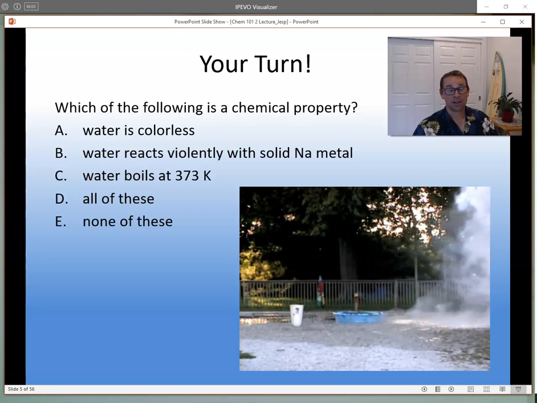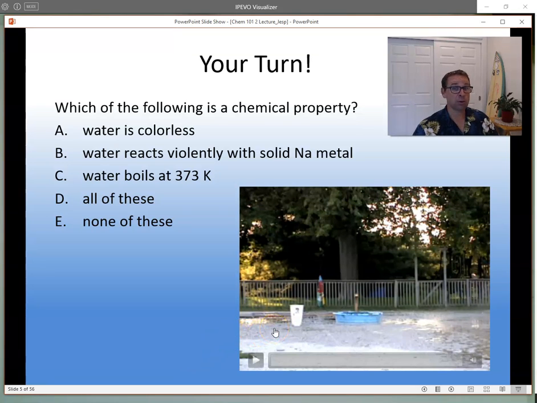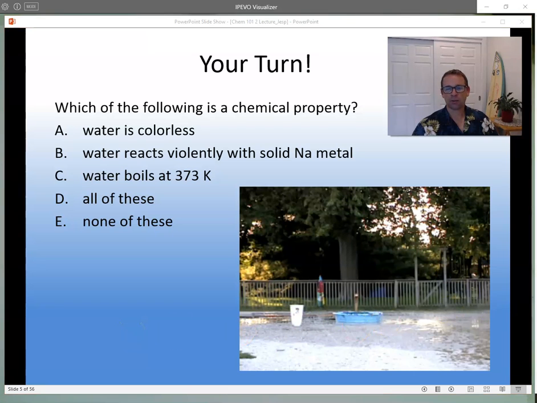All right, so we get a little bit of an explosion showing a chemical reaction, right? A huge change. The solid piece of sodium reacts, forms a gas. That gas gets hot, lights on fire, and explodes. Okay, and we'll talk more about that in the future, but